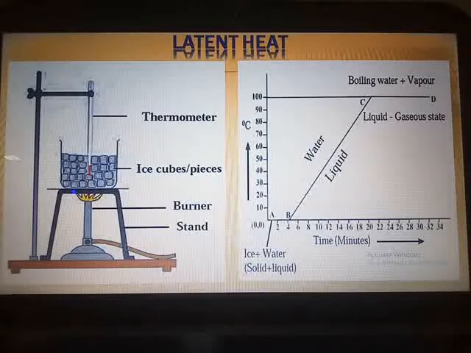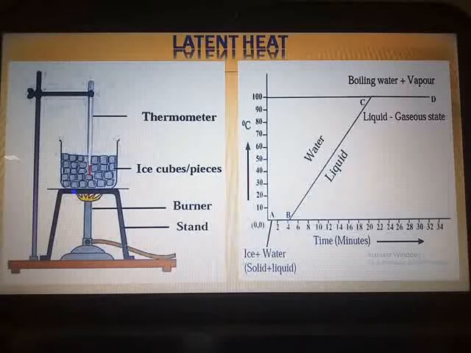So here also, after reaching 100 degrees Celsius, even if you keep supplying heat energy, the temperature of water will not rise. The heat energy is absorbed by the water at this temperature and used to break the bonds between the molecules of the liquid and allow the liquid to get converted into the gaseous state. Thus, during the transformation from the liquid, here water, to the gaseous phase, that is the steam, the heat energy is absorbed by the water, but the temperature does not change.